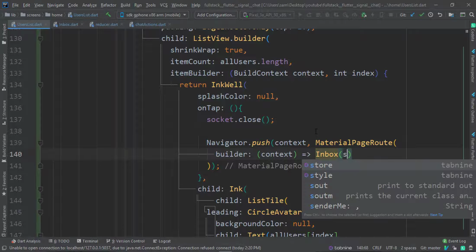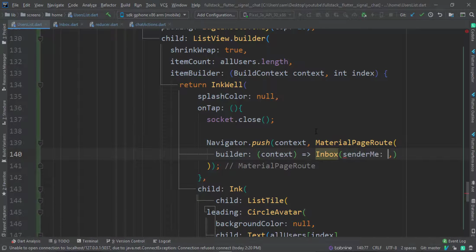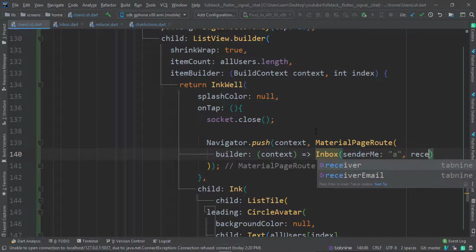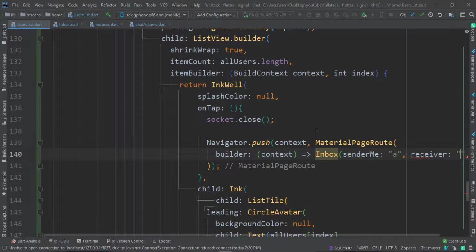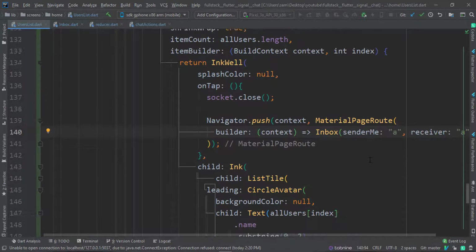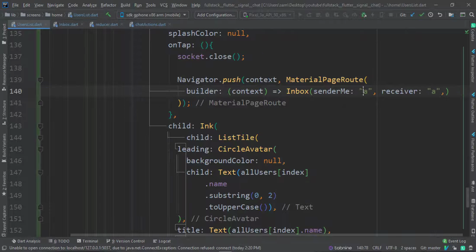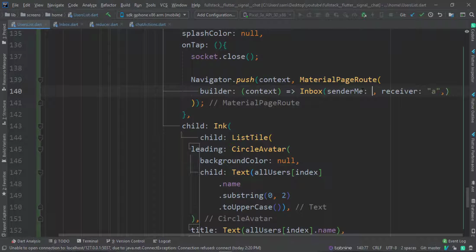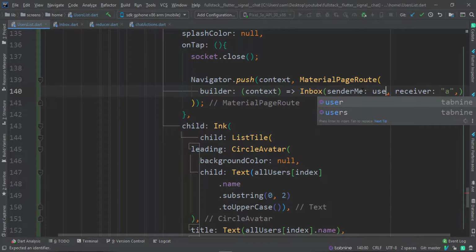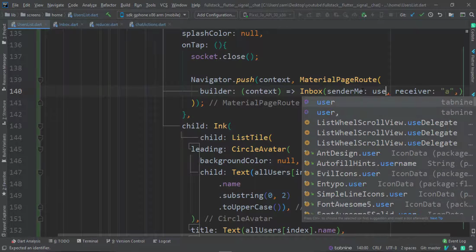So for this one, we have the sender, me. Let me just use a string there, and the receiver. Let me also use a string here. So that shows us it's working. So the sender is going to be the current user. And if you can recall, we have something like